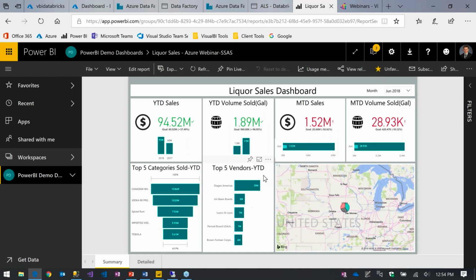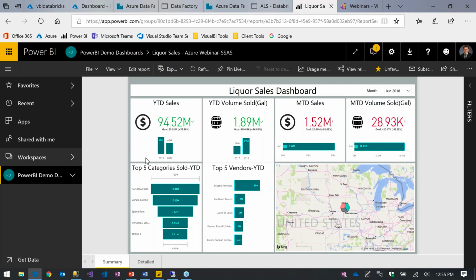I am right now able to interact with this report, but not able to edit it like I was in the desktop. Based on your security, it is possible to do some of that, but again, it's just something to keep in mind. You can edit. You get pretty rich editing from the service, but it's important to remember to keep those in sync. So if you're editing here, make sure you download that and put it back to your desktop if you're keeping a desktop version as well.